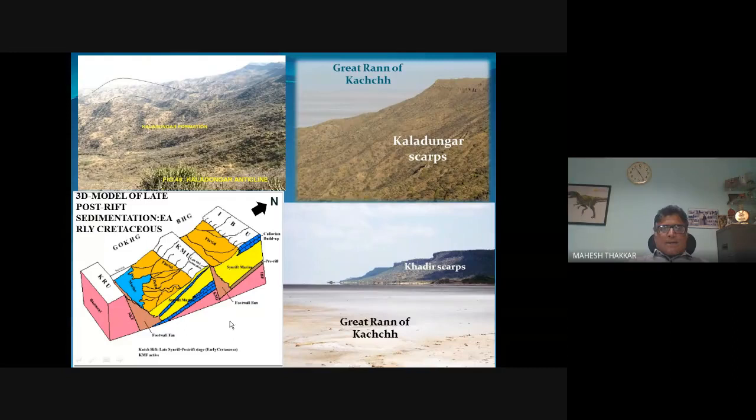We are not going into the details of what kind of sediments, but the Kaladungar sediments, Goradungar sediments, and the Khadir sediments are syn-rift sediments, overlain by the fluvial, which is not preserved here. In the south, they are preserved. So now